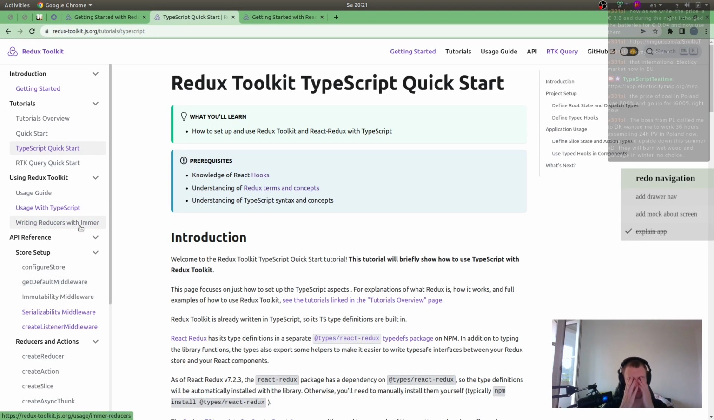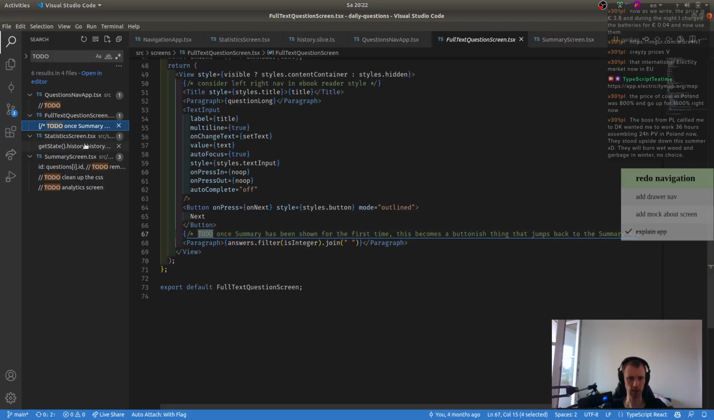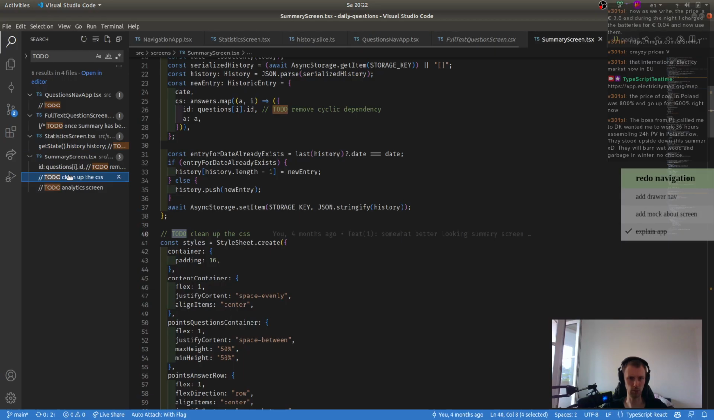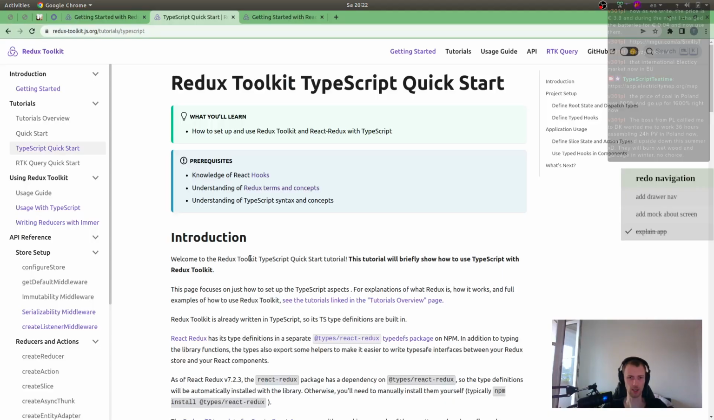Oh, my eyes are getting tired. No. So, next one. The next one is extreme. That's still a to-do. Clean up the CSS. That's a to-do that has been there for a very long time. Remove the cyclic dependency. Probably something I should be doing. Actually, we can remove this thing completely. Because we want to